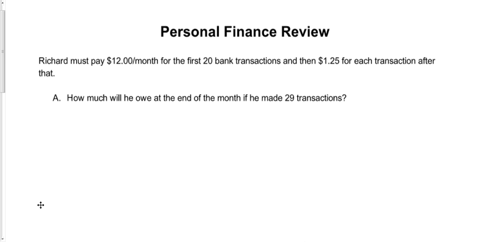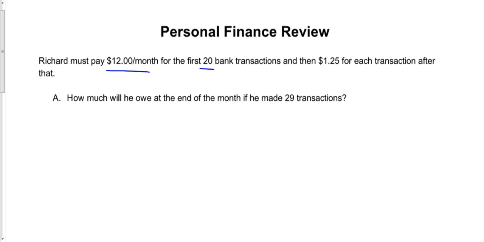So here we have Richard, who has to pay $12 a month for the first 20 bank transactions, and then $1.25 for each additional transaction after that. We want to know how much he's going to owe at the end of the month if he makes 29 transactions. First off, we know he's got a fixed rate of $12 a month for the first 20